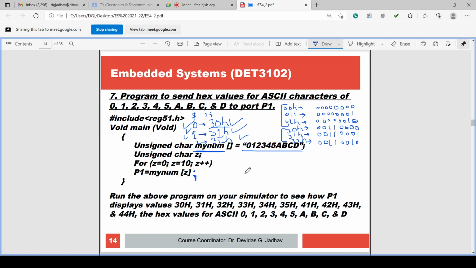ASCII symbol 3 has hex value 33. ASCII symbol 4 will have hex value 34. ASCII symbol 5 will have hex number 35. Similarly, ASCII symbol A will have hex value 41.